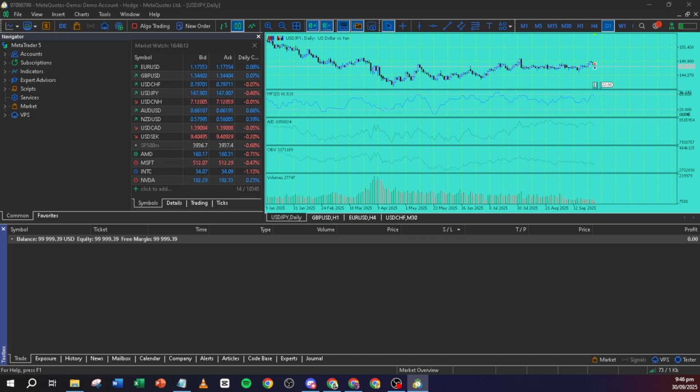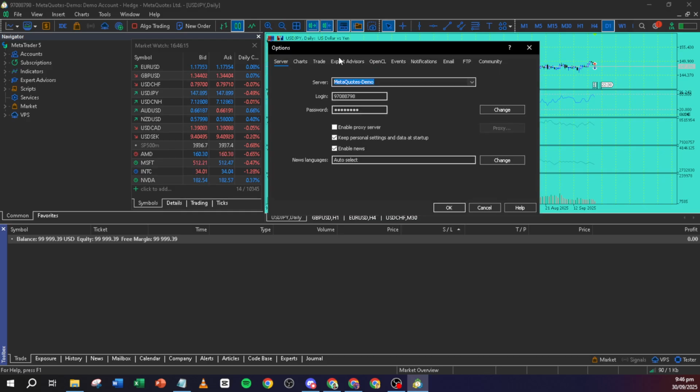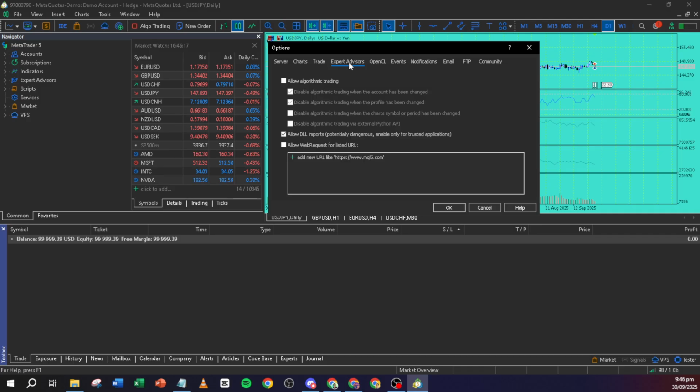With the Options window now open in front of you, look for the tab labeled Expert Advisors. This is the section where we can adjust settings related to automated trading systems, often referred to as Expert Advisors or EAs in the trading world. These are essentially scripts that automatically execute trades based on predefined criteria. Truly a fascinating feature. Once you're in the Expert Advisors tab, you'll see a variety of settings.